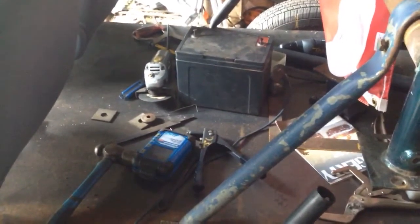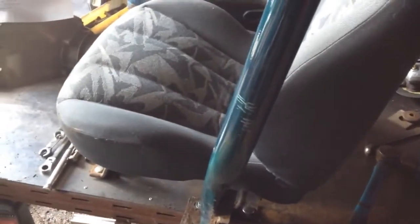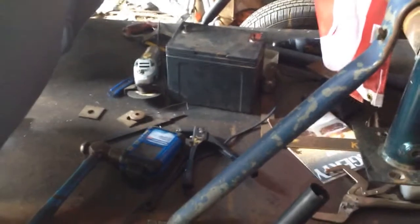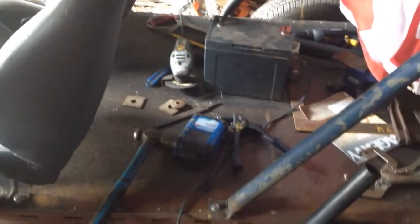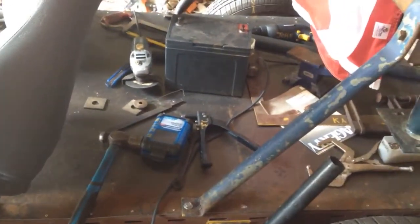I'm pretty sure that I'm not going to be able to fit 4 bucket seats. If this seat was shoved ahead all the time, there might be room for 4 bucket seats, but it's going to be tight in the back. You never know, I might be able to wrangle them in there, but I'm switching my mind a little bit, and I'm thinking either jump seats in the back like the small extended cab trucks have,